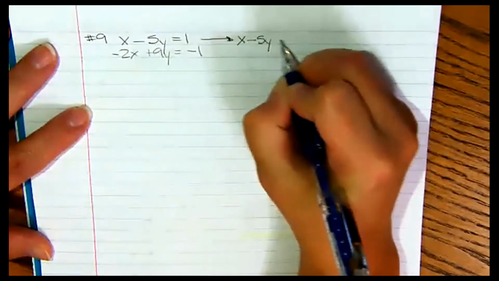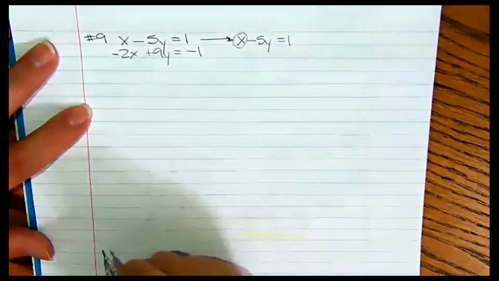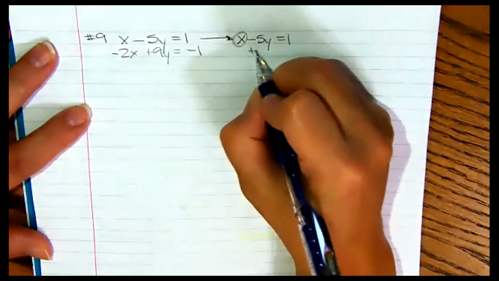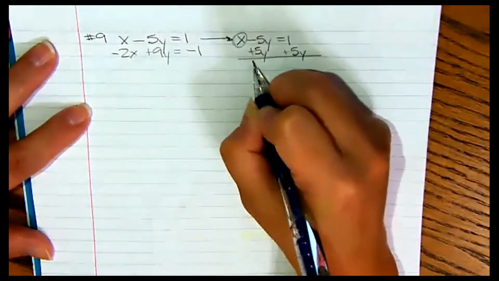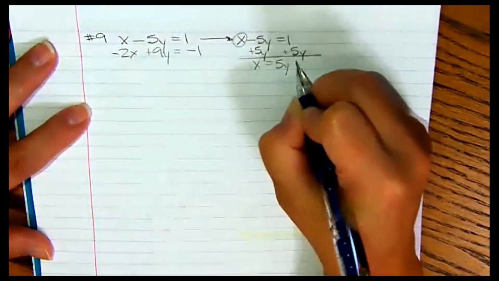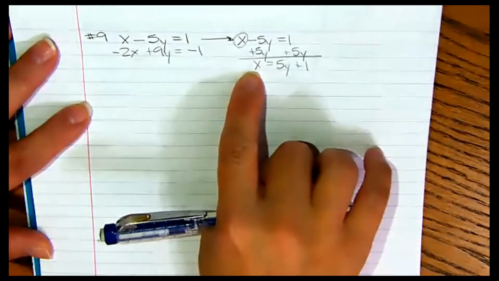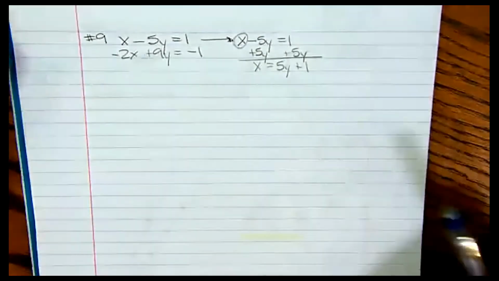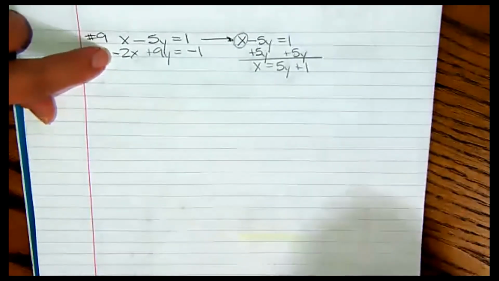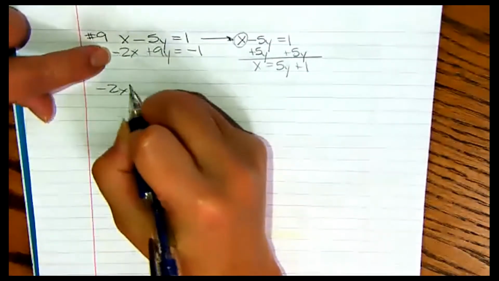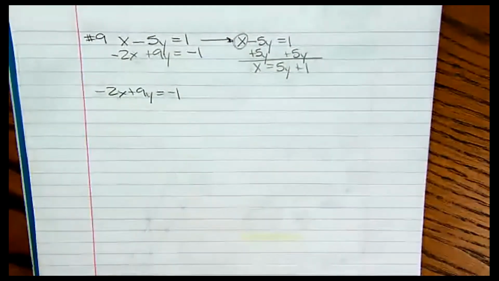X minus 5y equals 1. We want to isolate this variable. So I'm going to add 5y here. What I do to one side, I must do to the other. X equals 5y plus 1. Okay, now my variable is isolated. X is equal to 5y plus 1. Yay! So I'm going to take this equation, negative 2x plus 9y equals negative 1, and I am going to